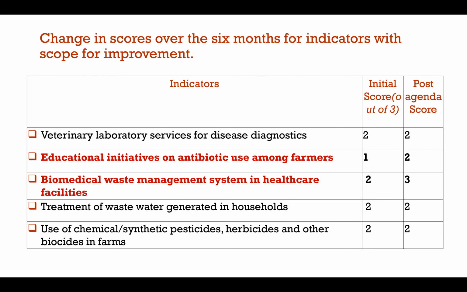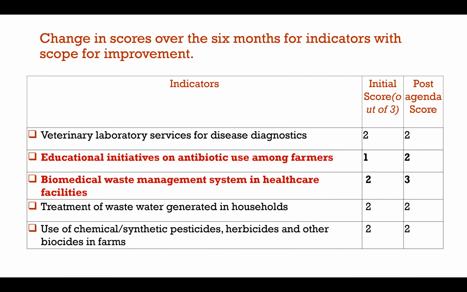So it's not that the other indicators did not have an improvement. They did have an improvement, or they did have changes. For example, the soakage pit demonstration that I mentioned earlier has created a change over a period of time, where the government has allocated money for over 60 soakage pits for families from a poor financial background. So those kinds of changes we did see, but these indicators specifically did have an improvement, which is reflected in the scoring criteria.